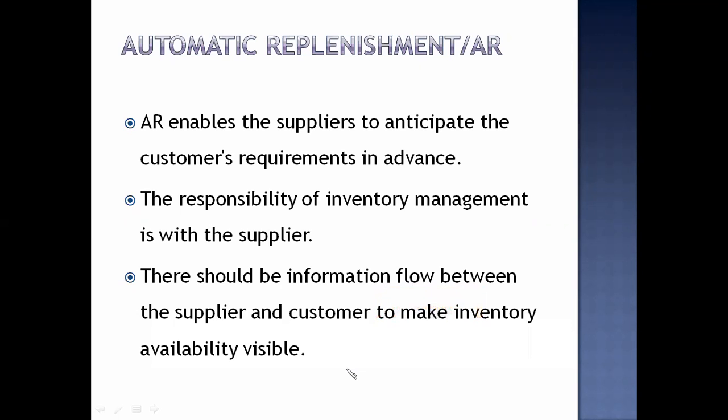And for this, there should be good information flow between the supplier and the customer. What kind of information flow? Information regarding availability of raw materials, the level now, how much they are expecting, those kind of information would be transferred. So this is what happens here. Responsibility, as I told you, is with the supplier. While this takes away the inventory management responsibility from the customer and gives it to the supplier, the supplier gets the benefit also here. Supplier gets the benefit of inventory visibility, and this will help them make the management easier.